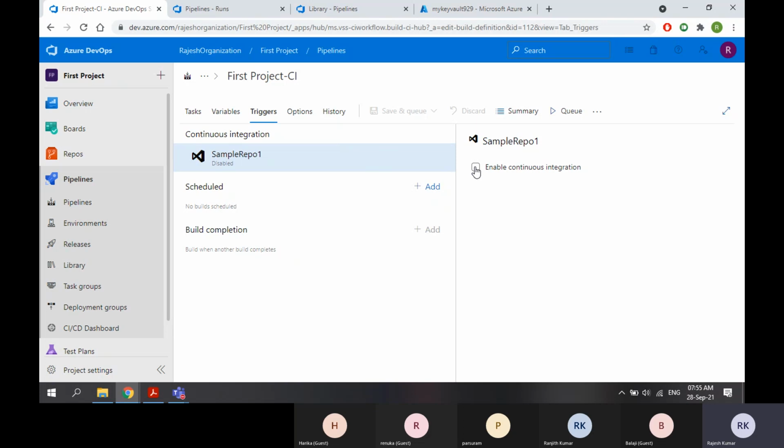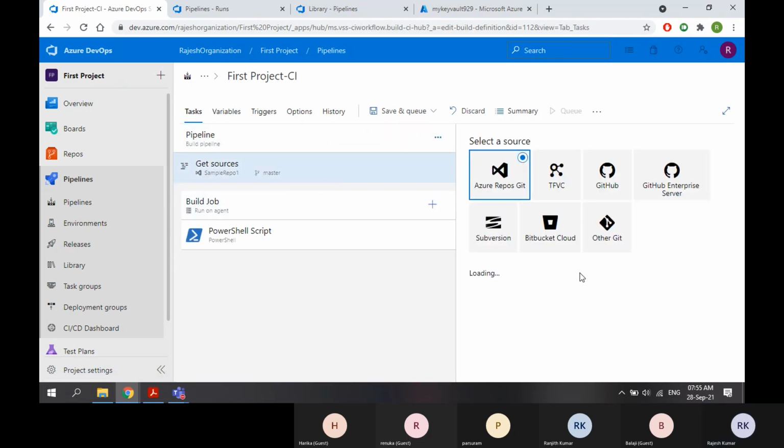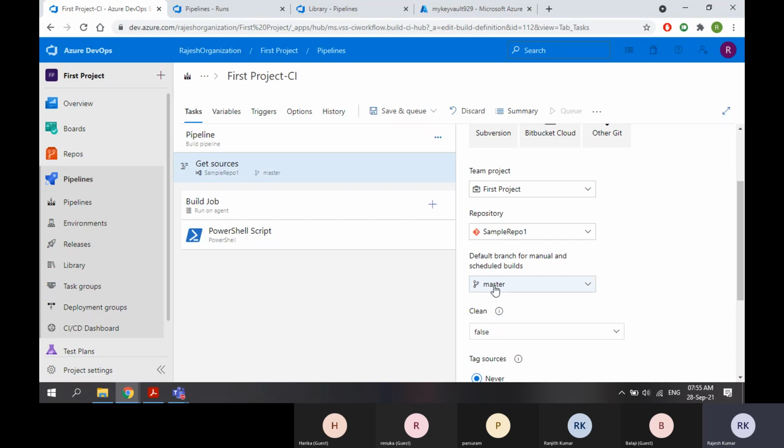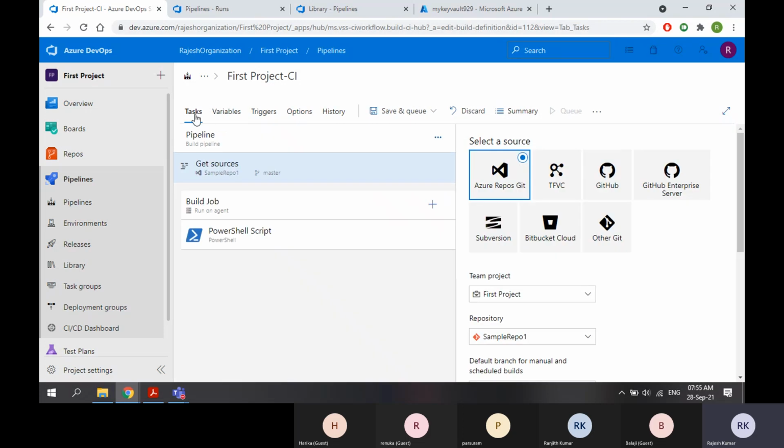See here I have an enable button, and it asks what the branch is. Master. Why? Because we created this pipeline on master, so by default it selected master. Done. I'm not going to do anything.